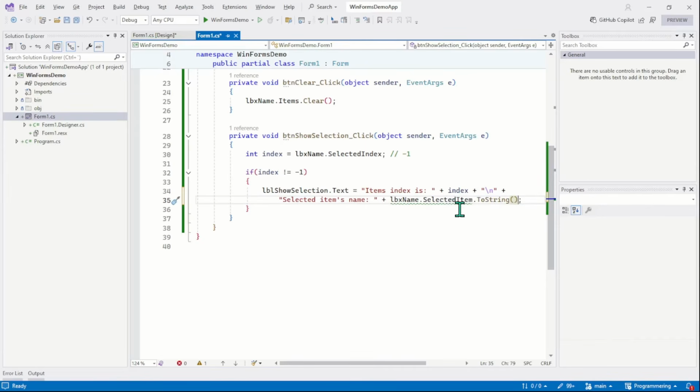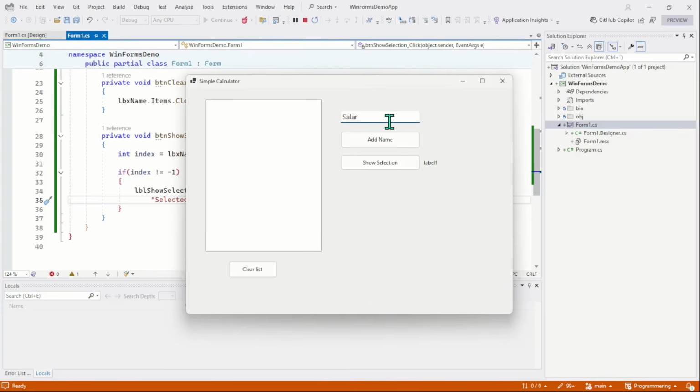The item is returned as an object of list type, and that's why we need to type convert it. Now you will see both the index value and the name of the selected items. Let's run the program and check the output. Insert a name,